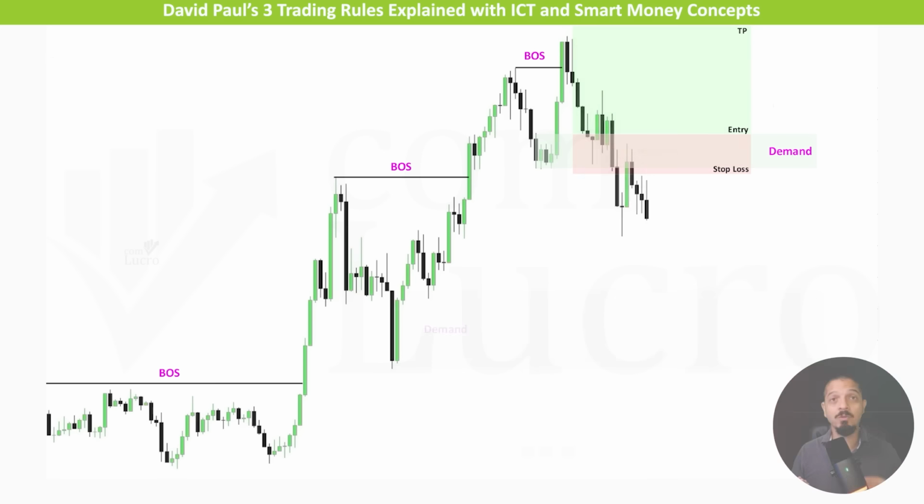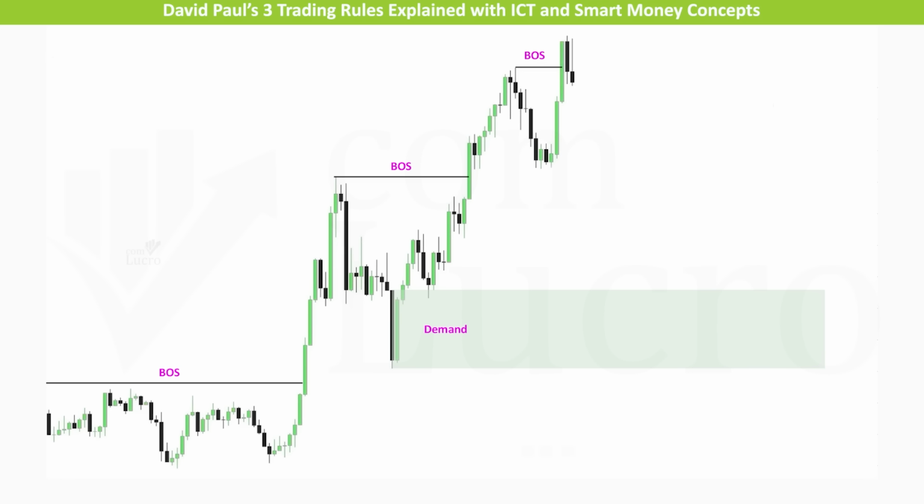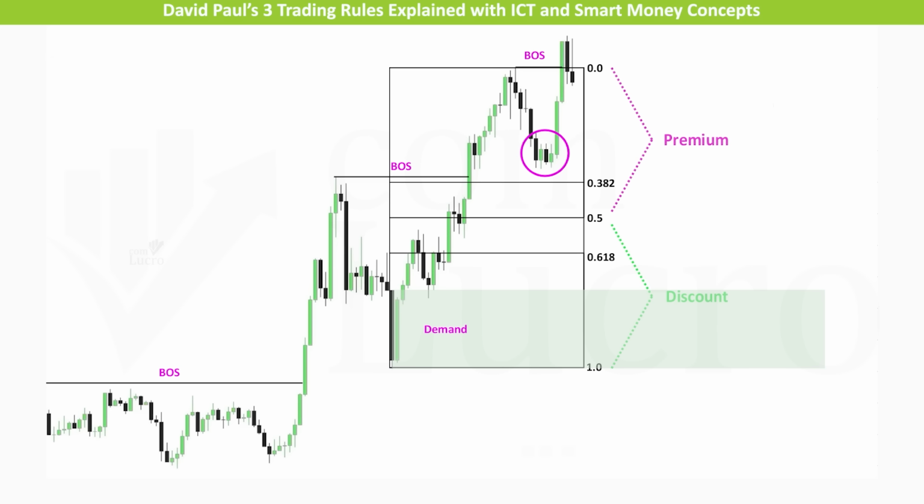The entire move was driven by resting buy orders sitting below, inside the discount zone of the main bullish leg. If you draw your Fibonacci tool from the swing high down to the swing low, you will notice that price did not even retrace into the 38.2% level, let alone the 50% level of the previous impulse. This is critical. For us at ComLucro, a retracement that does not reach at least the 38.2% level cannot be